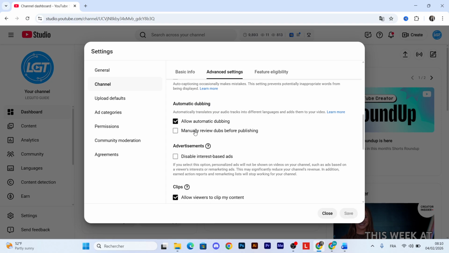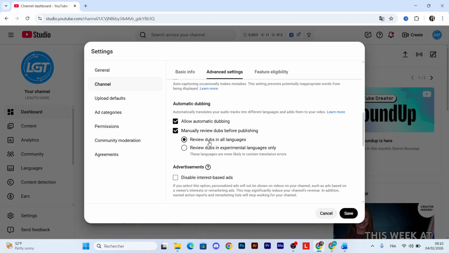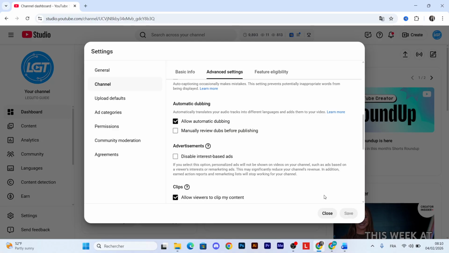If you want manual review of the dubbing before publishing, you can see your dubbing before you publish. You can listen and keep the dubbing private before publishing the video. Okay, like manual, and you can choose all languages or only specific languages, like French, English, Chinese, Hindi, Russian, like this, and all languages like Arabic, Italian, all languages, guys. Okay, so now I just click allow automatic dubbing because I don't have